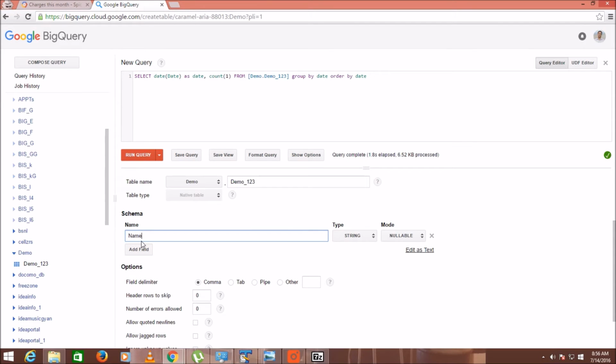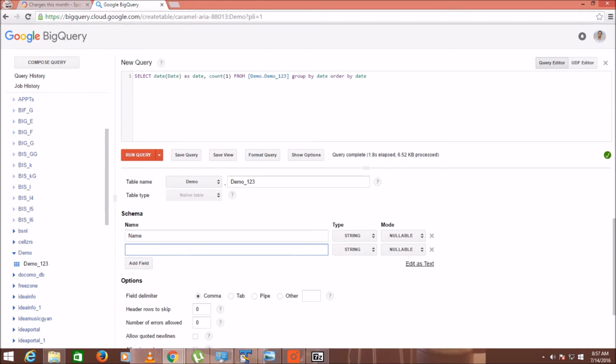The schema must be the same, otherwise the job will fail. And friends, Google BigQuery has the best feature. If any file or schema creates any problem, the complete job will fail. It is not like half of the data will be inserted or it will stop in between. Either it will create the full job, otherwise no data will go to BigQuery.